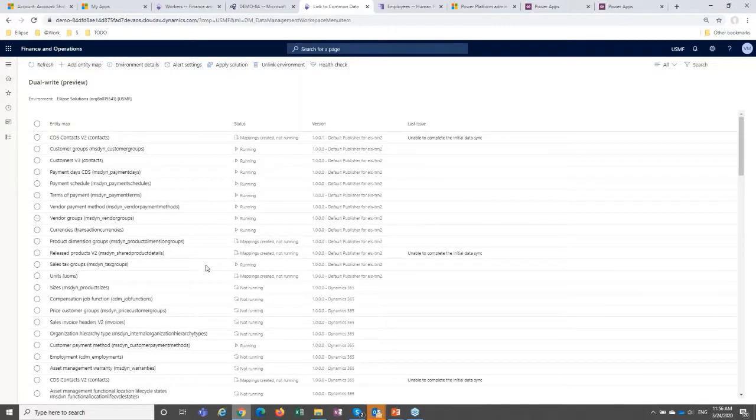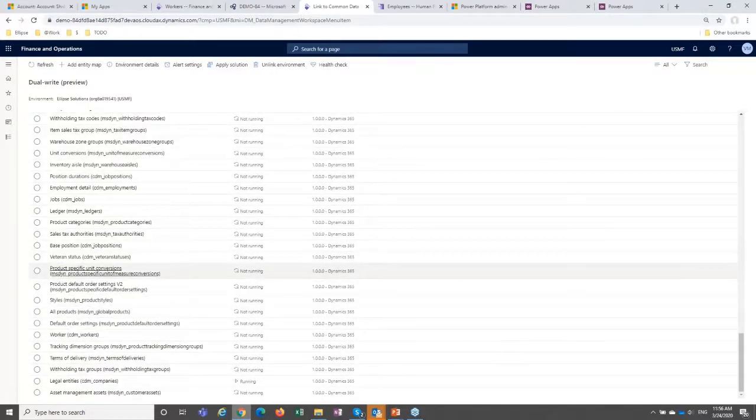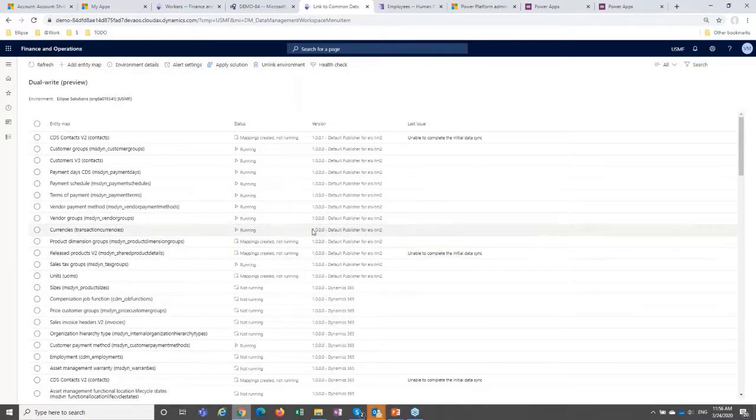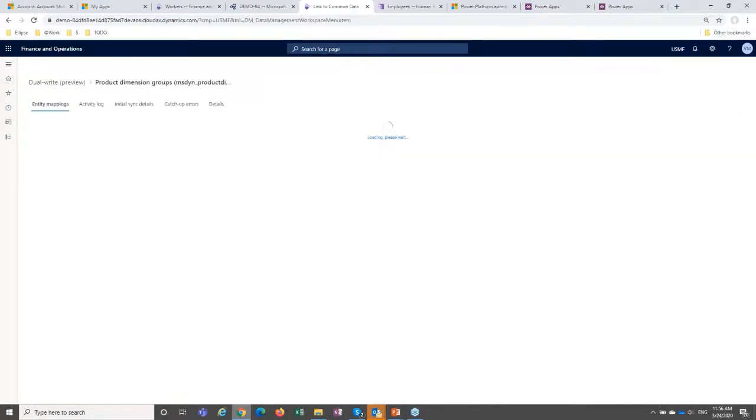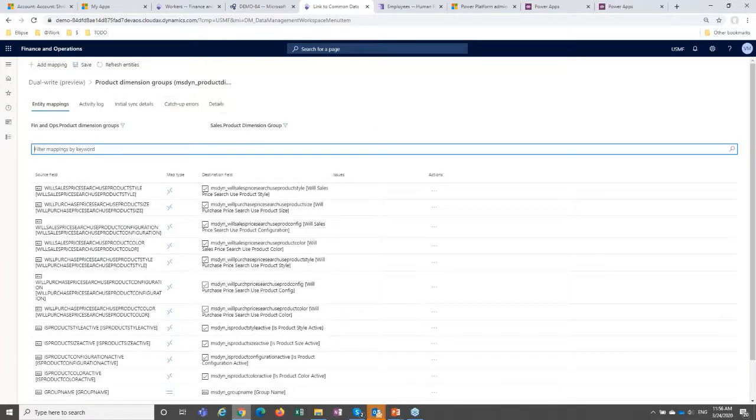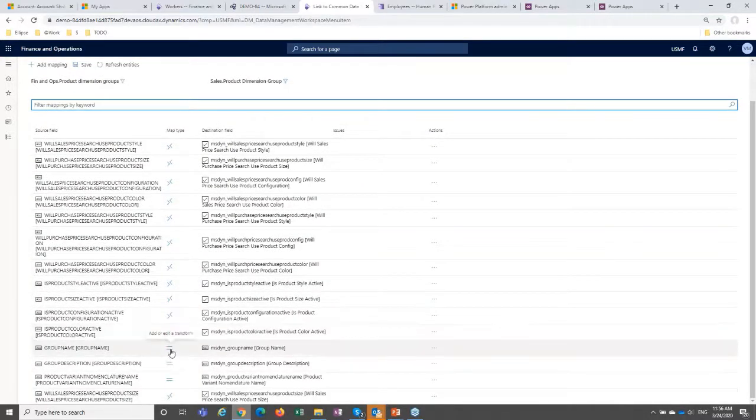Here you go. Okay, so these are the 128 data entities with field mapping that I mentioned. If we open any of those, you will see the field mapping. And it looks very similar to classic data integrator, actually, with the error logs and details and everything. So map type, you see this back and forth arrows actually that are representing the dual write. So two systems will write in both directions. And this is available on field level.